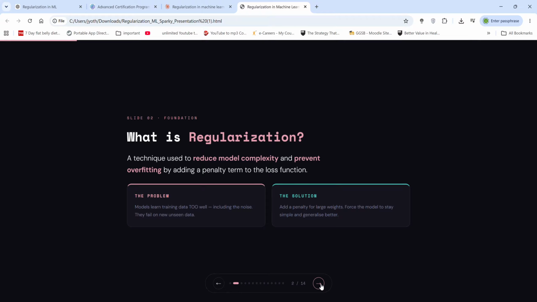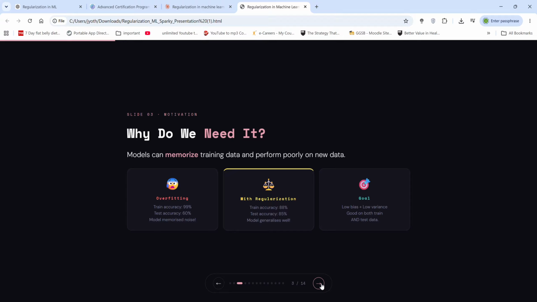And what is the problem we have? The problem is overfitting. Because of overfitting, as we said earlier, the model learns too fast, and because it learns too fast, the predictions we get are very poor or inappropriate. And that's why we use regularization. Another reason we use regularization is to remove collinearity.